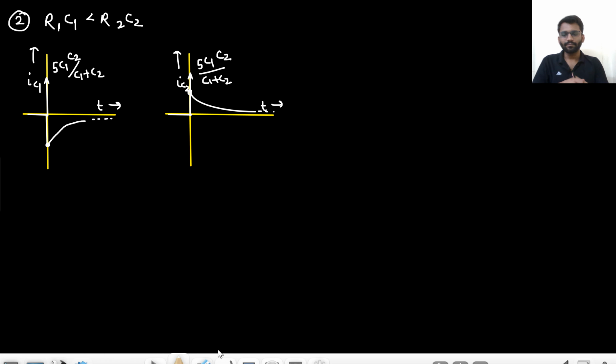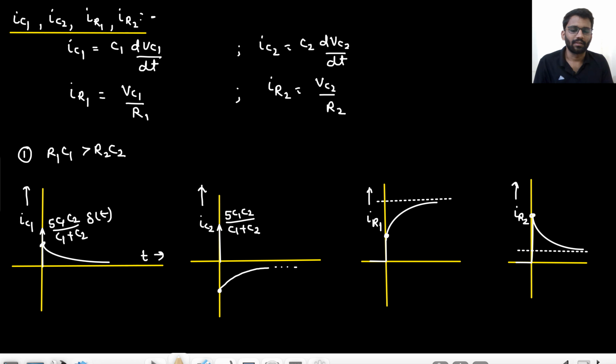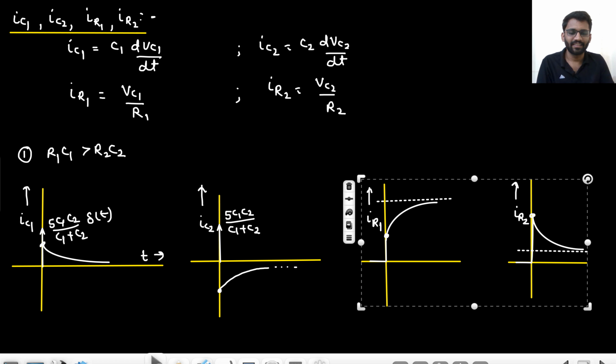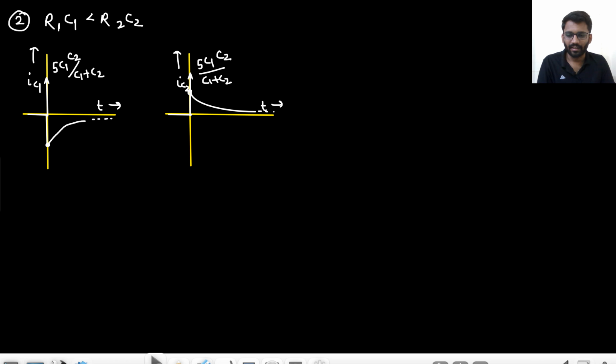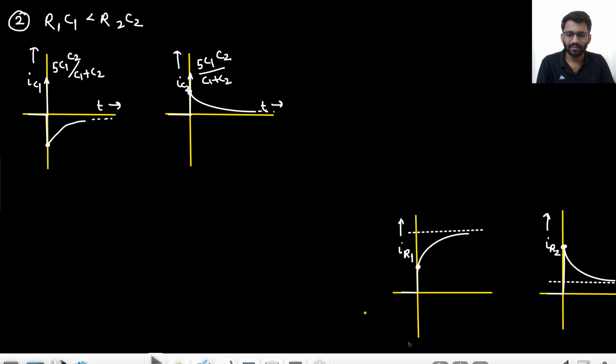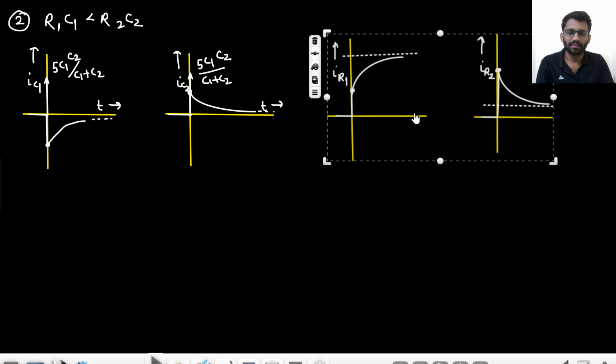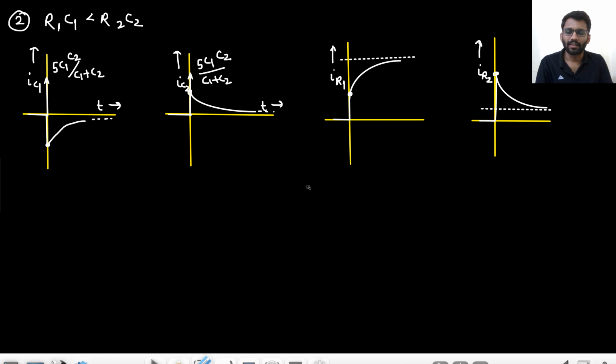Okay. So this is the second case, IC1 and IC2. Then you can draw the graphs of IR1 and IR2. These will be similar only, actually. Just the graphs will be interchanged. This will be the graph of IR2, and this will be the graph of IR1. And this will be the graph of IR2. Okay. Now for the third case,